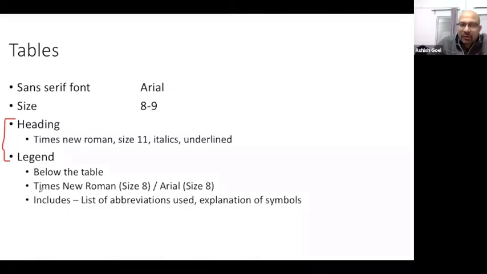The legend always comes below the table. Usually, it's in a much smaller font than the rest of the manuscript so that it can be identified separately from the manuscript. The table legend is usually size 8 Times New Roman, and it includes specifically 3 or 4 things, which importantly include the list of abbreviations that you have used in the table. If you have used any stars or symbols, then the descriptions of those symbols appear in the legend of the table. And if there are any other data which have been presented, then it gives a description of why and how you have used this particular data.